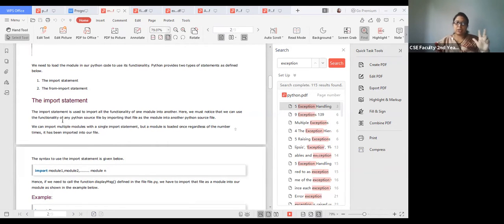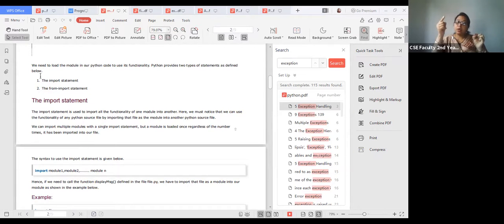By two statements. What are the two statements? The first one is the import statement. Import means when you are using some other file in your current file, that means you are importing the other file in your program. So in that case, you have to write import.